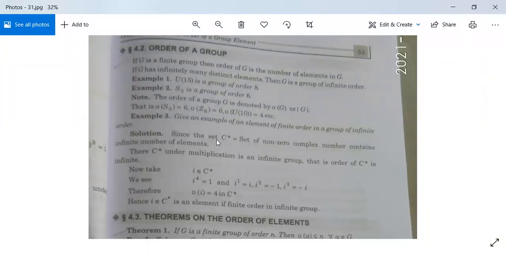देखो सॉल्यूशन। Since the set C star is equal to set of non-zero complex numbers contains infinite number of elements, then C star under multiplication is an infinite group, that is order C star is infinite. Now take i in C star. We see i power 4 is 1 and i power 1 is i, i power 2 is -1, i power 3 is -i. So 1 is the identity, therefore order i क्या हो जाएगा, 4 हो जाएगा। क्यों? Because i power 4 is equal to identity element. Hence i in C star is an element of finite order in an infinite group. ये हमारा एक एग्जाम्पल हो गया।